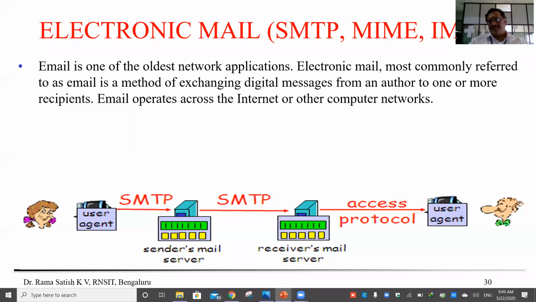Even today it is one of the oldest applications that we have. It is most commonly referred to as email, and it is a method to exchange digital messages from the author to the recipient. The author, or the one who initiates the mail, sends it, and it is received at the other end. Email operates across the internet through computer networks.